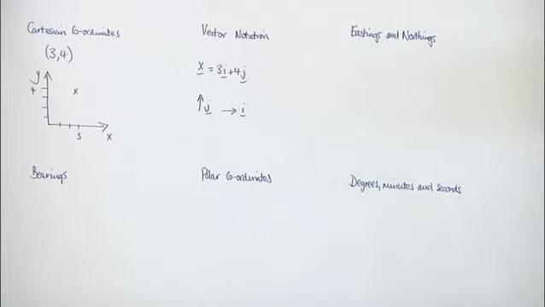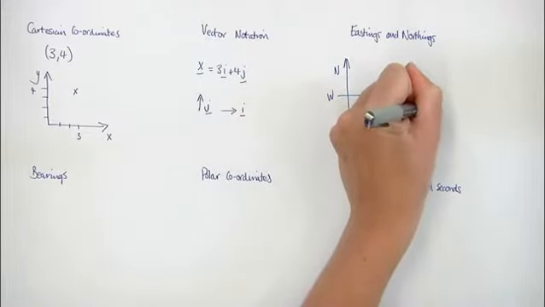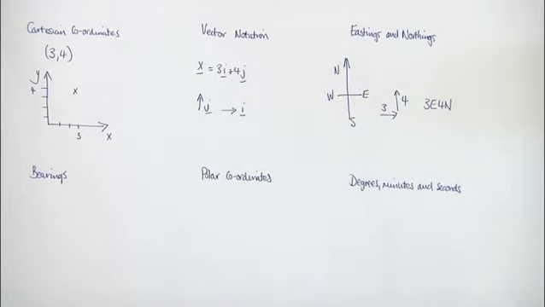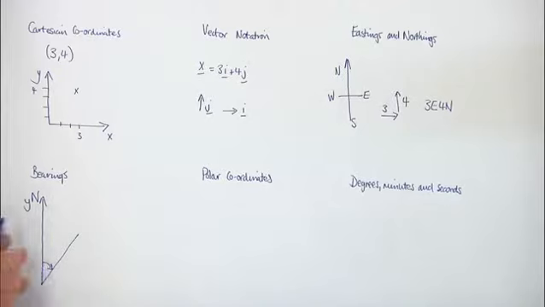Now let's write this in eastings and northings, compass directions. It's 3 east and 4 north. Now let's write it as a bearing, and let's assume that the distances are in kilometres. For a bearing, the y-axis is north, and we need to work out the angle around clockwise from the y-axis. We use Pythagoras' theorem to work out that the distance from the origin is 5,